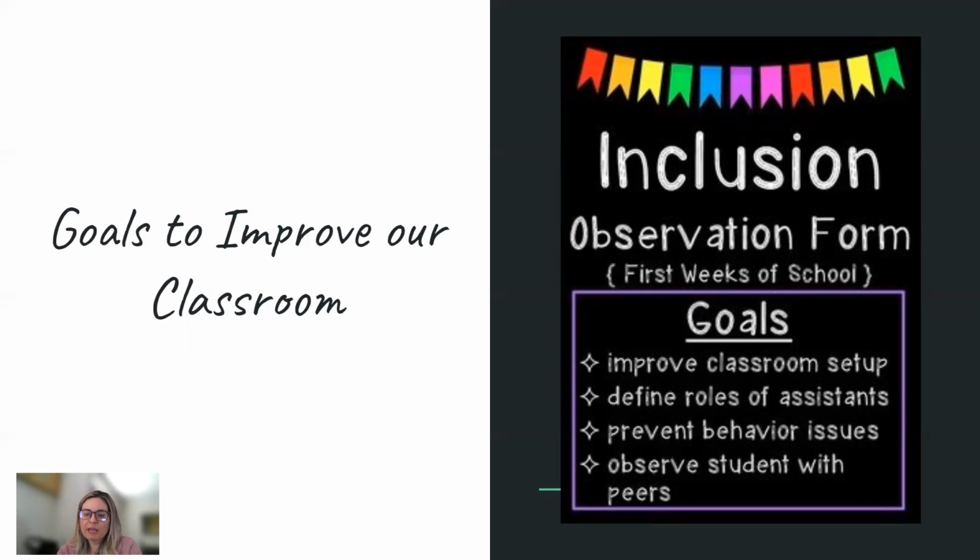So, prevent behavior issues. In order to do that, again, being clear with the expectations, making sure that you guys have a process within your classroom on how you deal with behavior concerns. For an example, in my classroom, I had a peace area. That's what we called it. It was an area where children went to take a break, have a conversation with the friend that they're having the disagreement with. And so it was just an area for them to kind of reset.